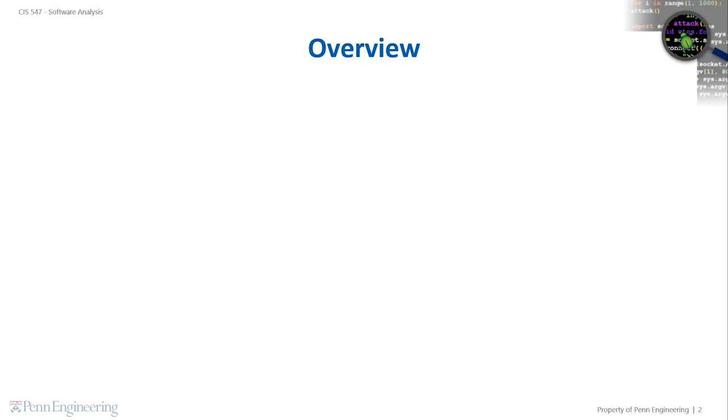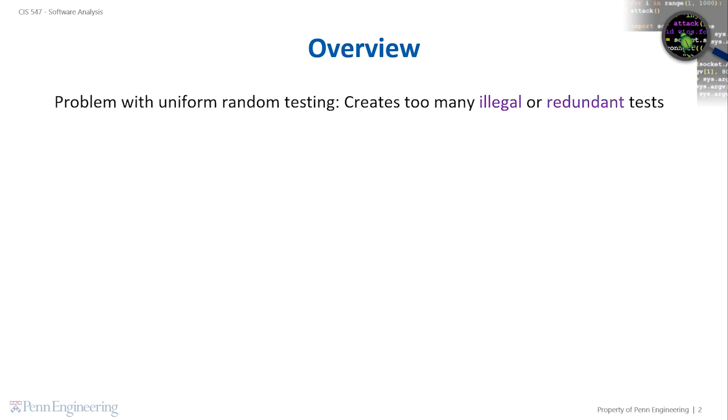While uniform random testing was suitable for the applications in the previous module, such as security testing and testing of entire systems like mobile apps or concurrent programs, here we want to generate a concise yet diverse test suite for testing a library. A major problem with the uniform random testing approach here is that it would create too many illegal and redundant method sequences. We will see examples of such sequences shortly.